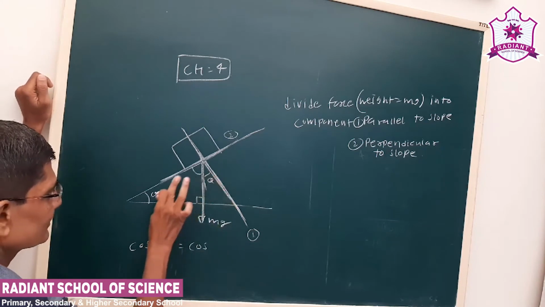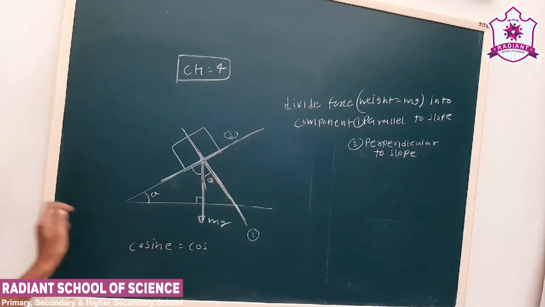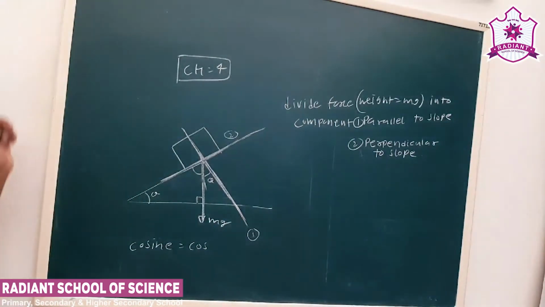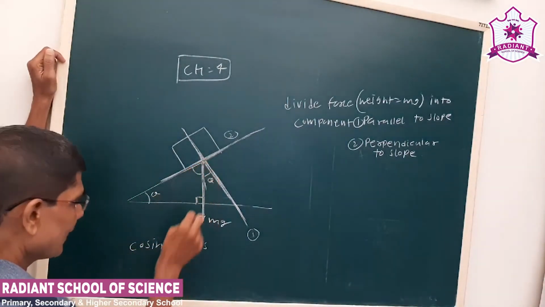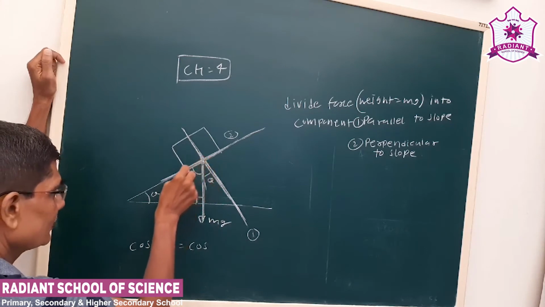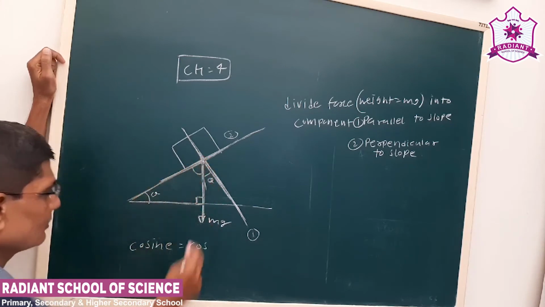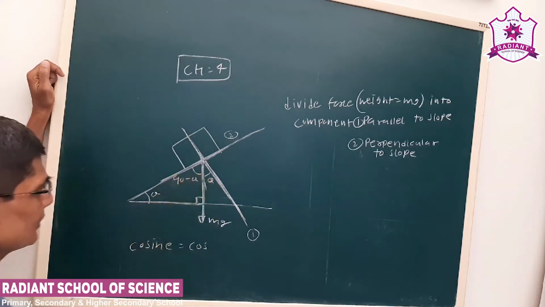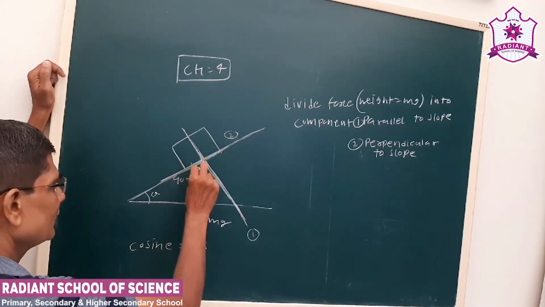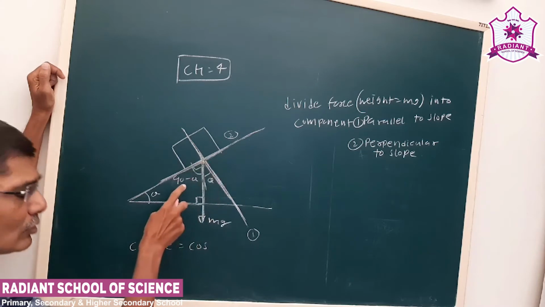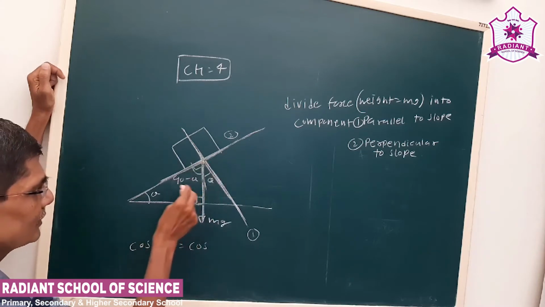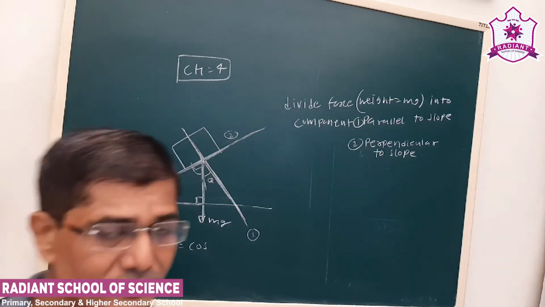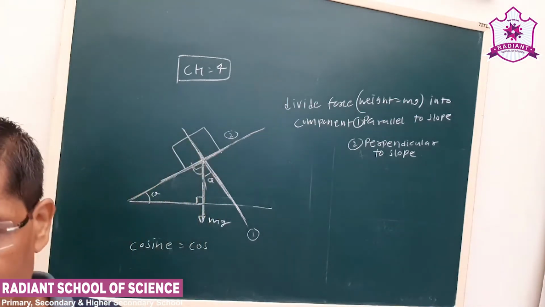Many times there will be a question in mind: how has this angle theta been placed? I again explain. See, this is perpendicular, so this is 90. By the angle sum property, the sum of the three angles of this triangle should be 180, which we have studied earlier. This will be 90 minus theta. Now you can see this also is 90 degrees, so complementary angles 90 minus theta and theta. Okay, now see our definition.